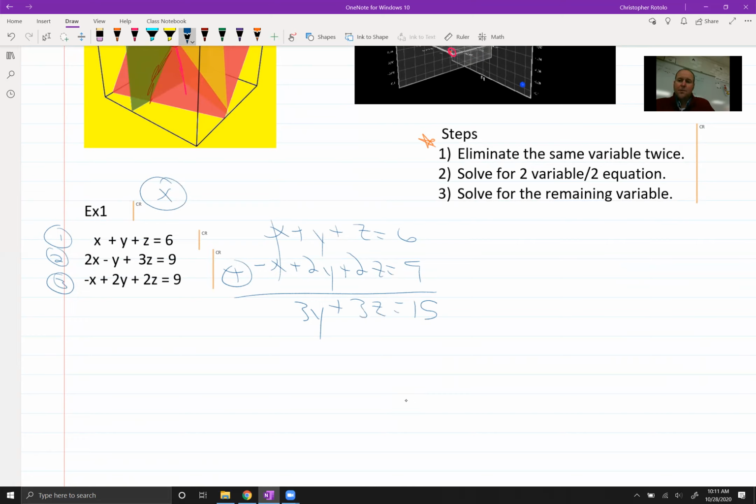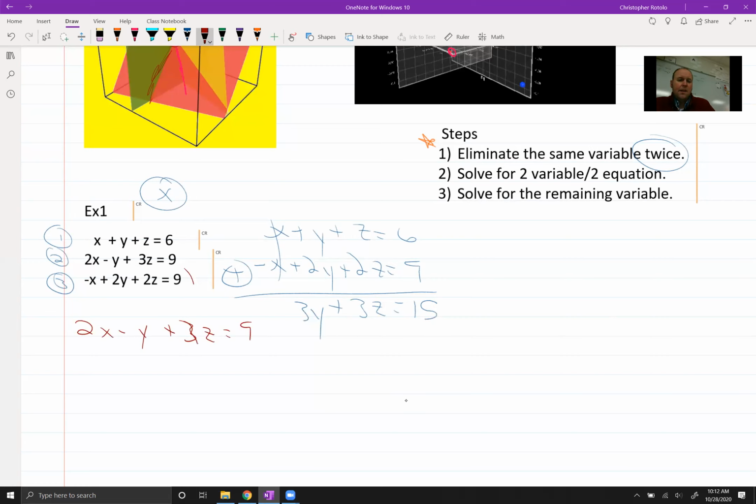And then awkward pause, right? Because that doesn't mean anything. Remember, I have to do this twice. So I have to take another combination of my equations. And this time, I'm going to have to do something extra. So I definitely want to use equation number 2. So I have 2x - y + 3z